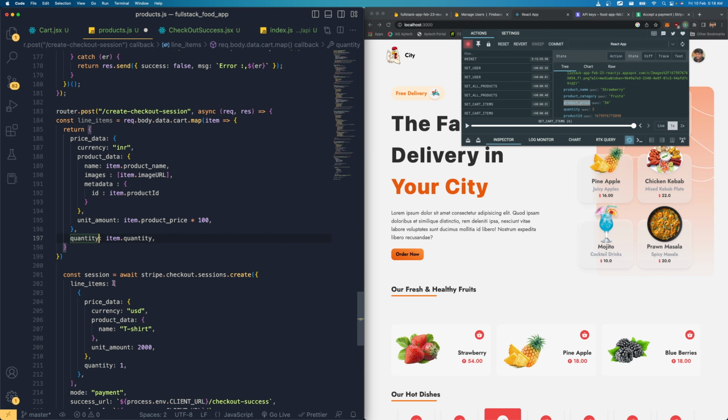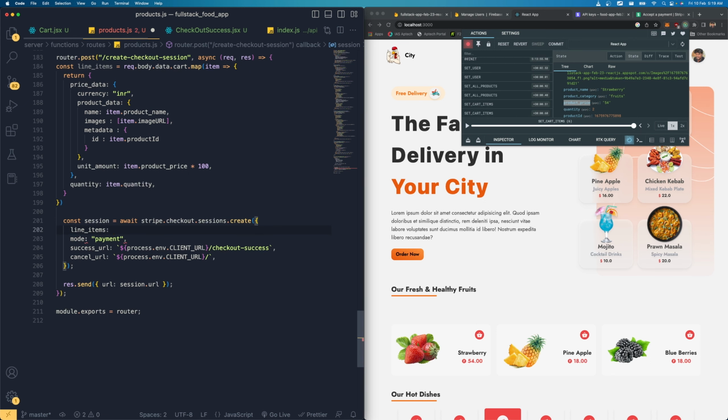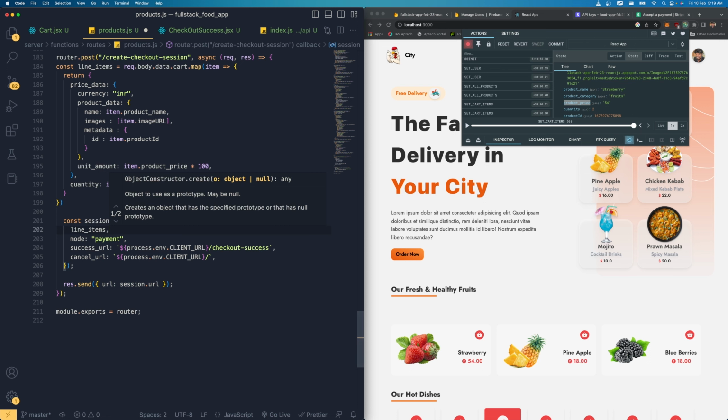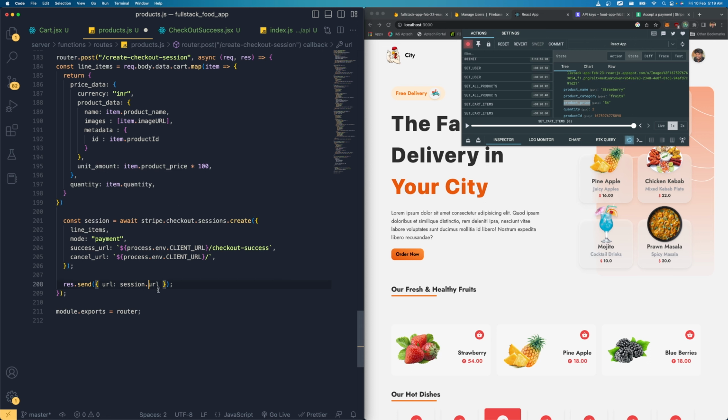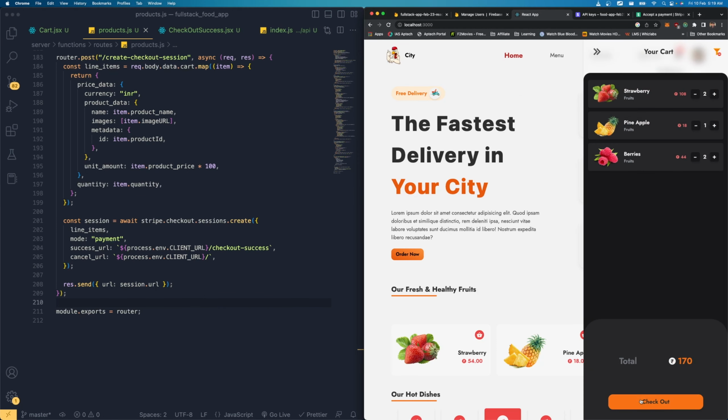All right, now what we need to do is replace these line items with our line items. So just send our line items over here, and the mode of payment is going to be the same, success URL, everything is the same. Next we need to save the changes. Let's get back here, go to the cart, and now if I click checkout, that should navigate the user